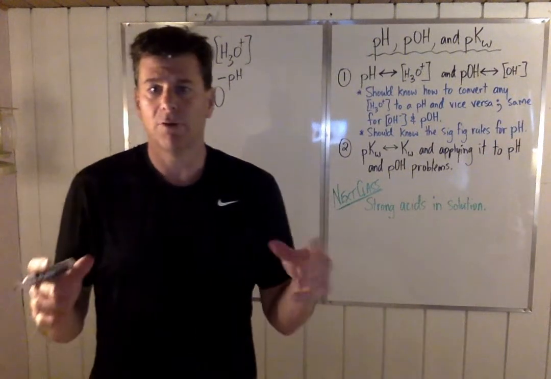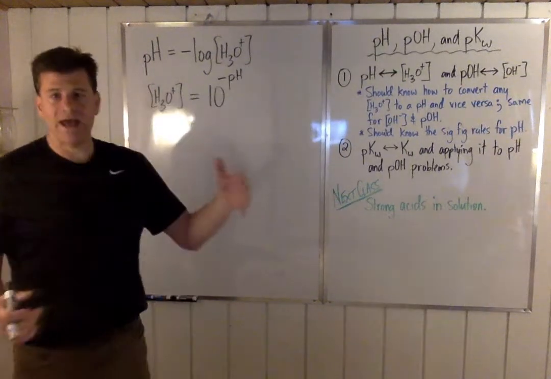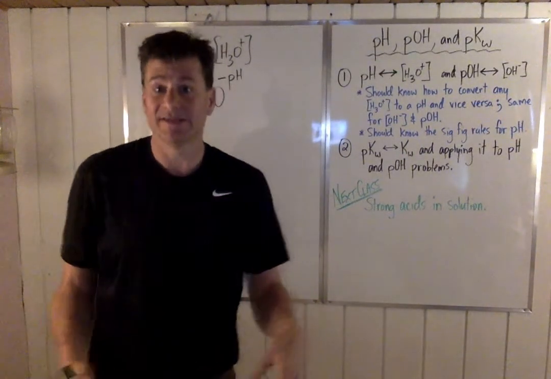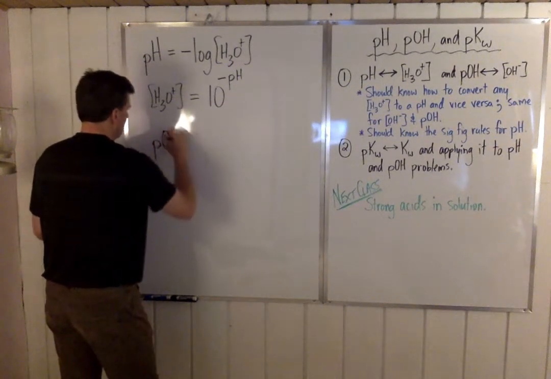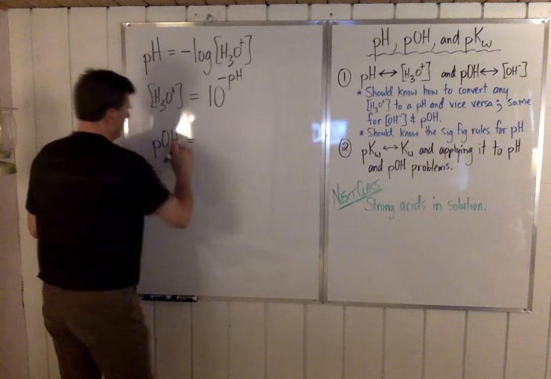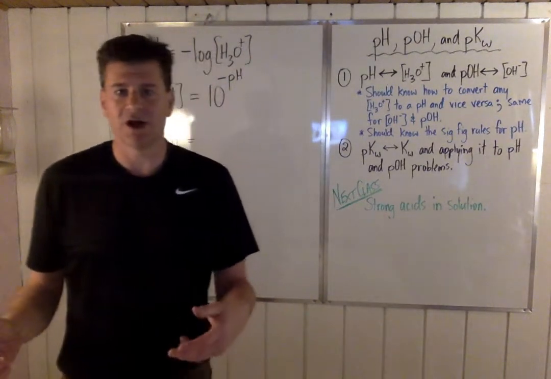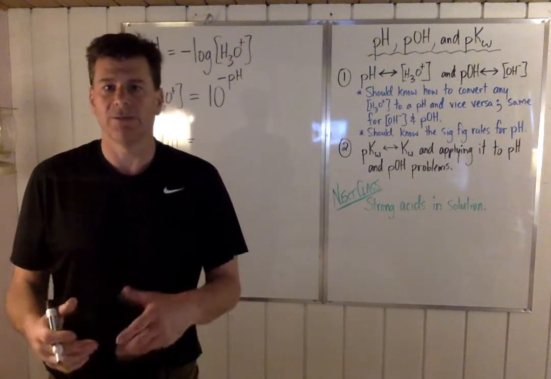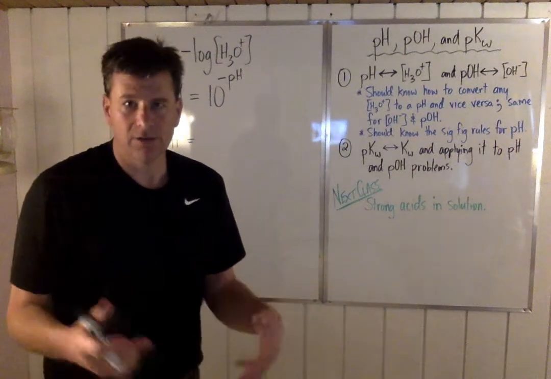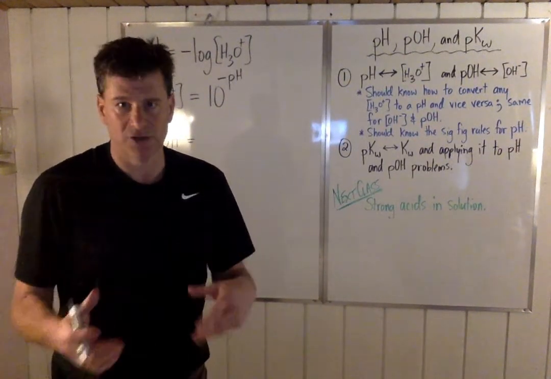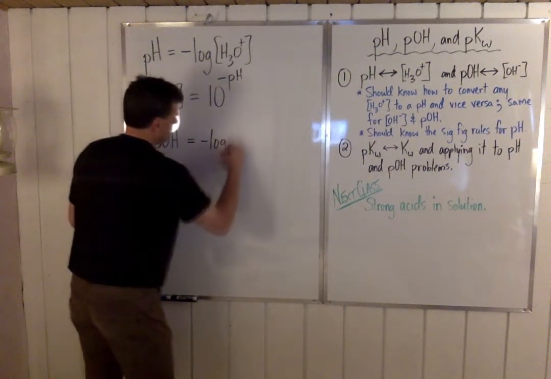If we were talking about pOH, the concept, the actual mathematical relationship is exactly the same. So for pOH, the math is the same, we're just talking about something different. Instead of talking about the hydrogen, pH, we're talking about the hydroxide, pOH. So everything that's hydronium in here is going to be replaced with hydroxide. Same concept though. So the pOH is going to equal negative log